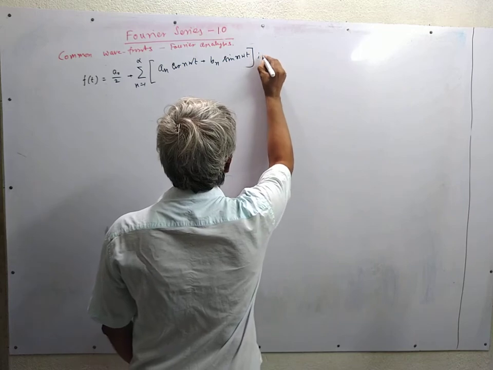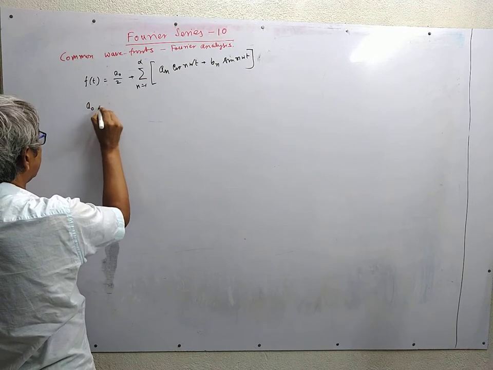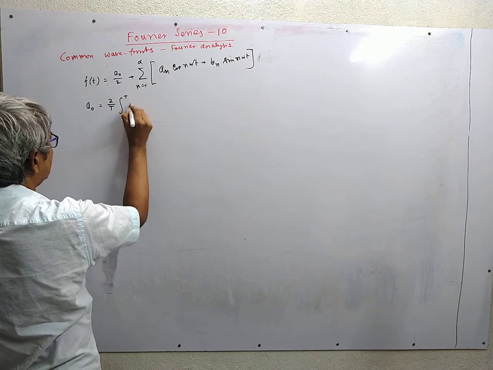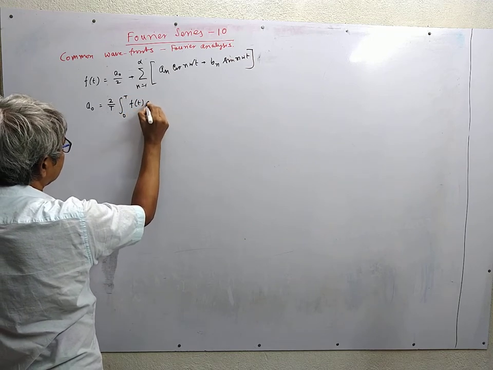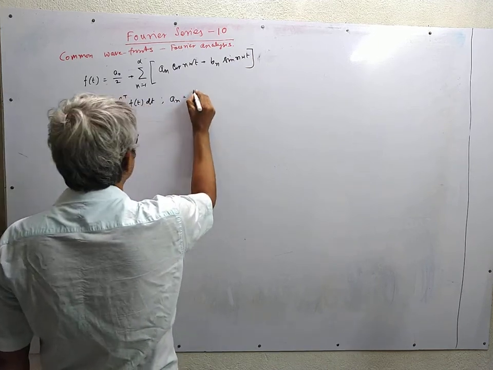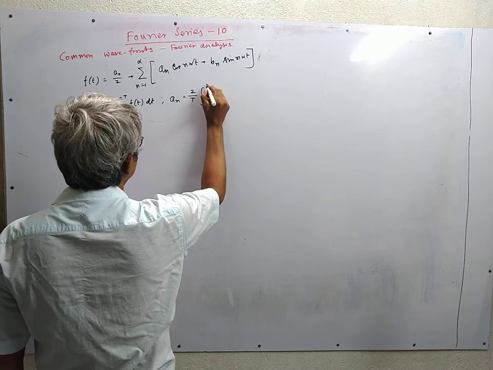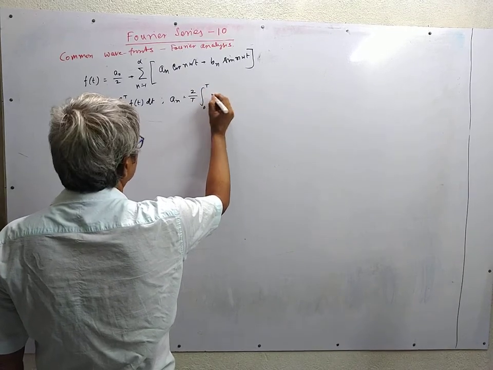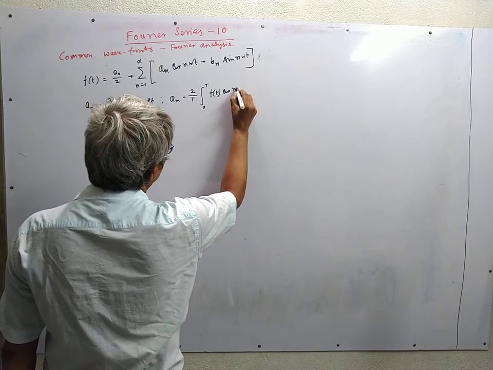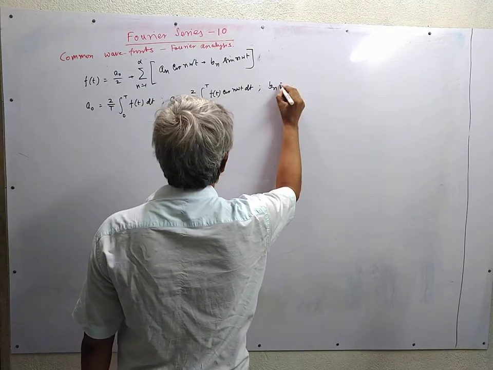And the evaluation of the constants is as usual, as we have done in the case of the space variable. a0 is equal to 2 by T integral from 0 to T of f of t dt. an is equal to 2 by T, and bn is equal to